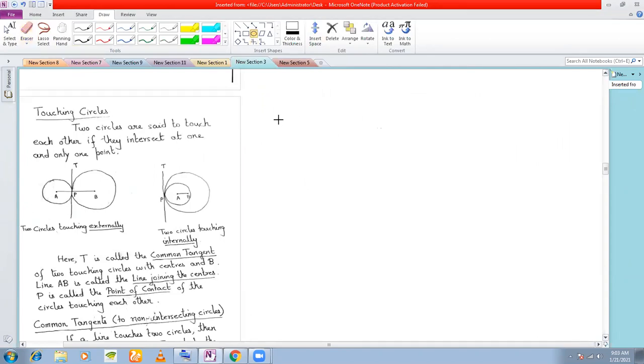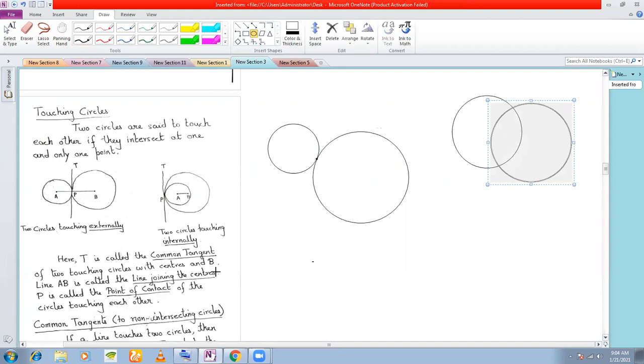I have said two circles here. If you see, these two circles touch each other. Now, what do we mean by touching each other? Touching each other means they will intersect only at one point. They will not intersect at two points. They will not intersect in this manner. Out here, if you see, we have two points of intersection, A and B.